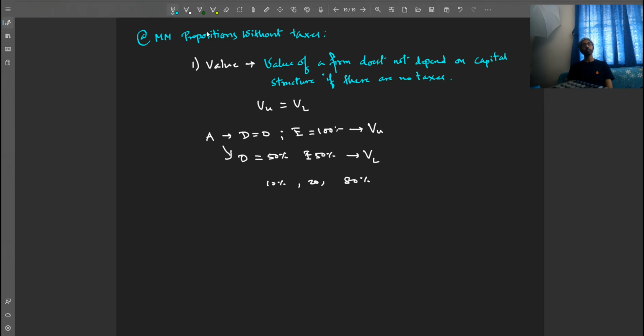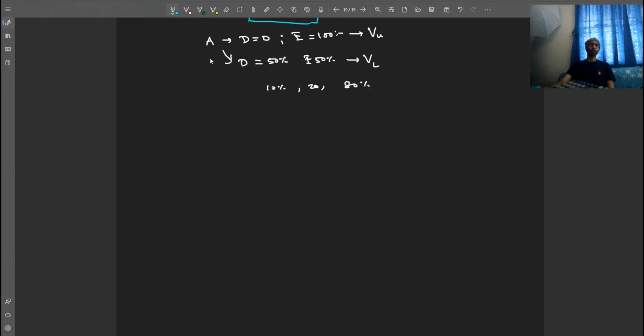So let me write it down. So proposition 1, when there are no taxes, is value of a firm does not depend on capital structure if there are no taxes. So value of an unlevered firm, that is a firm with zero debt, is same as the value of a firm with little debt or lots of debt. But what does change? What changes is the risk of the equity holders. Let's say if a firm has 80% debt, the equity holders have more risk, so they will ask for more returns, or they will ask for more return on equity,